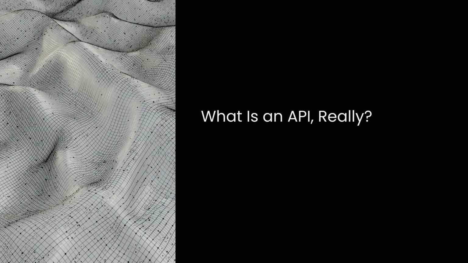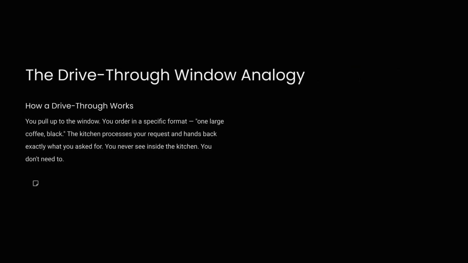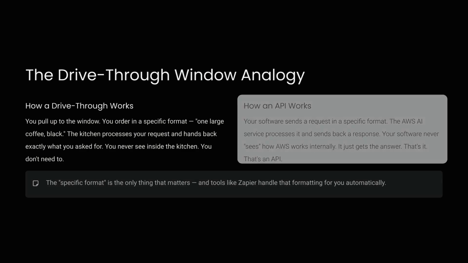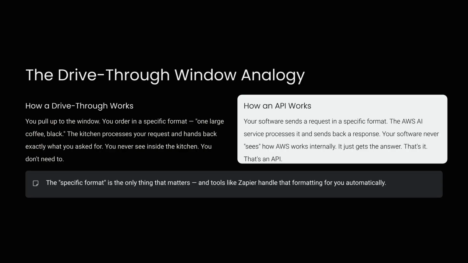So what is an API really? API stands for Application Programming Interface. To understand it easily, forget the acronym and use a simple analogy. Think of it like a drive-through window. You order in a specific format, and the kitchen processes your request and hands back exactly what you asked for. Similarly, an API is how your software sends a request in a specific format to an AWS AI service and